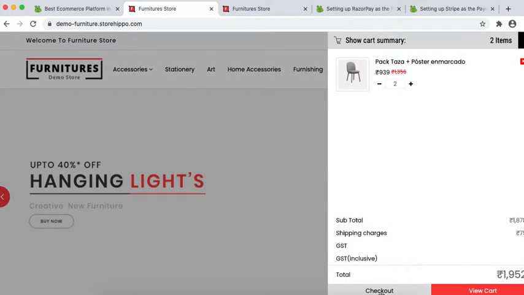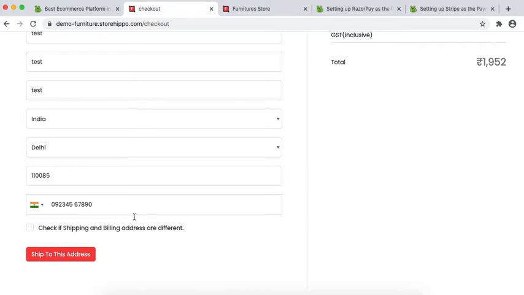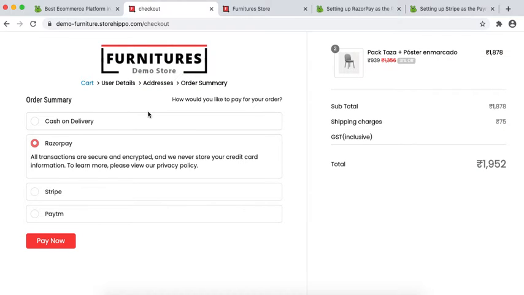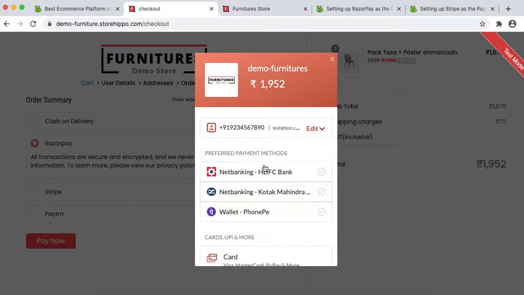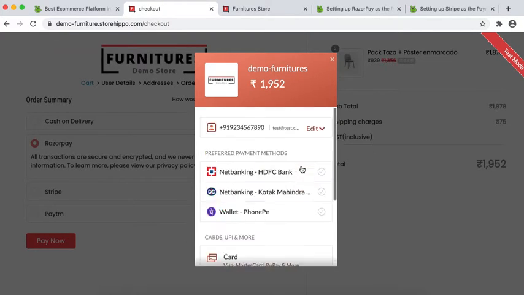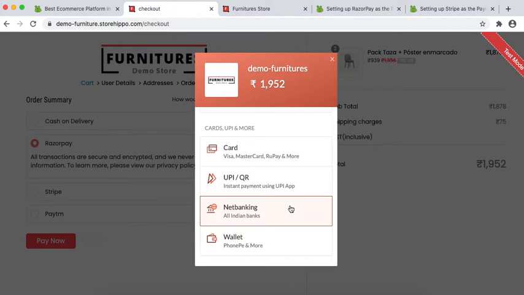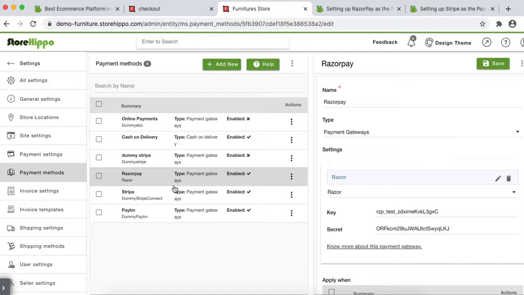So if we go to the checkout flow, I have 2 items added in the cart. I enter my email ID, I enter the shipping address, then I can see the 4 different payment methods which are configured are available here. Once I click on pay now, it will initiate the checkout process that is offered by that payment method. So I can use any of the payment methods that are available through this integration. So I can make the payment and the order is placed. So that covers the payment method integration.